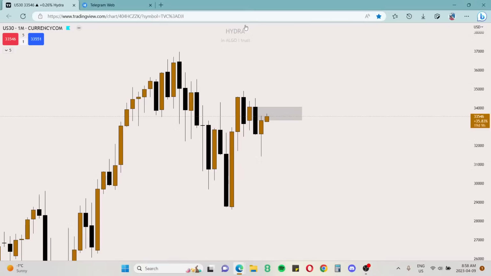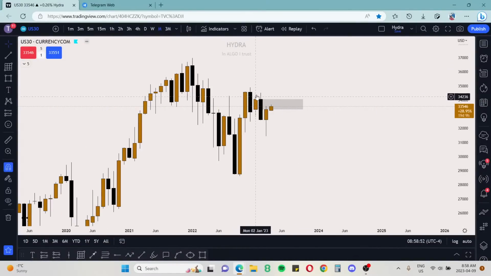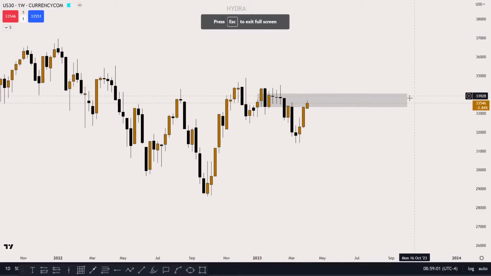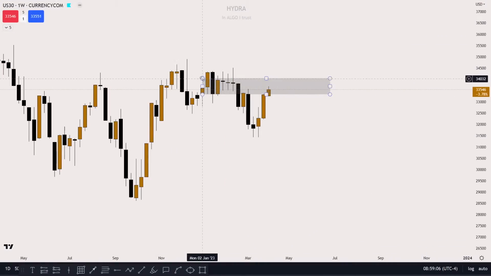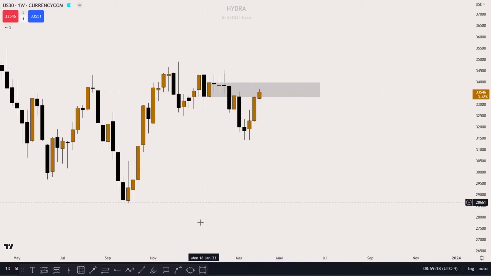Now let's go to the weekly chart. There's nothing else significant in the monthly chart, so that's why I'm only marking this order block. On the weekly chart, you can refine the order block. So that's the last up-close candle, right? And we are in a down move, so that becomes our order block. Okay, and now if you measure the order block,